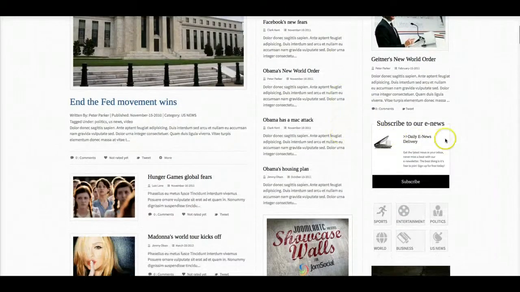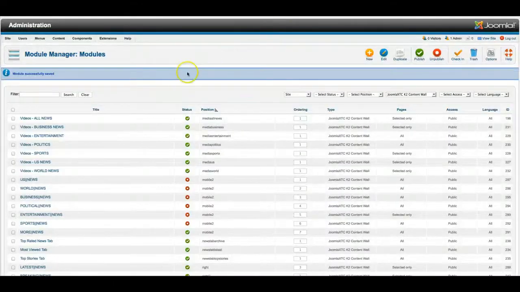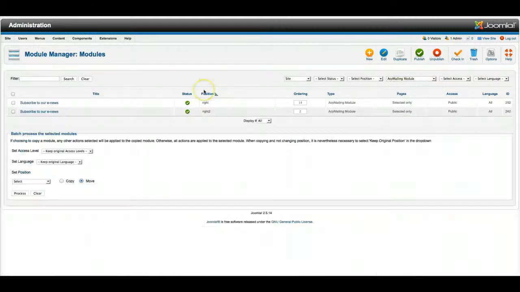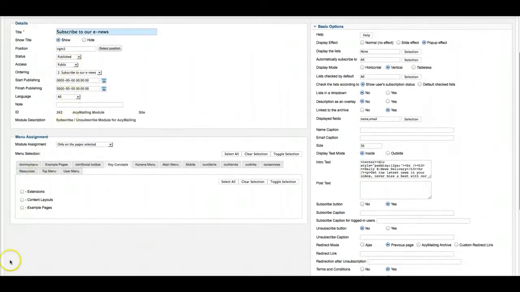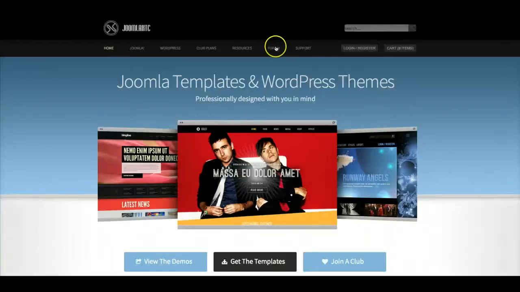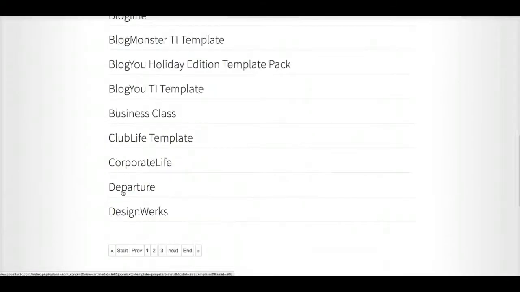So let's move down here to subscribe to our e-news. And that's the ACY mailing module. Okay, and that's in Write To. So let's go ahead and open that. So now that we've opened the module, let's go back to our home page here, and let's go back to the Joomla documentation, templates,